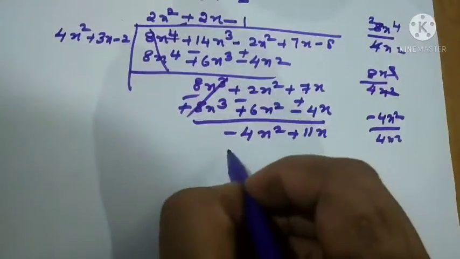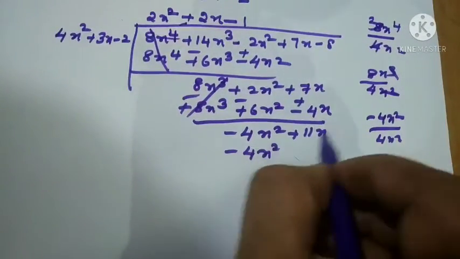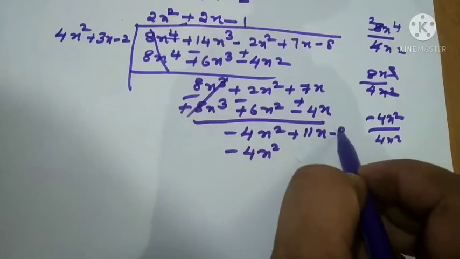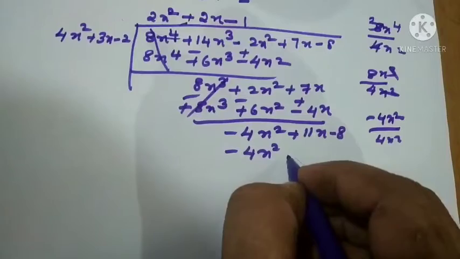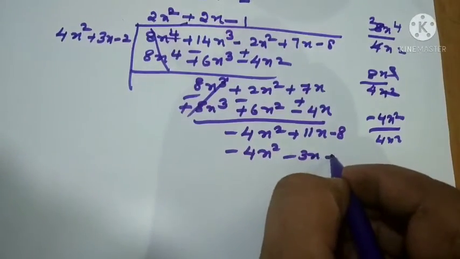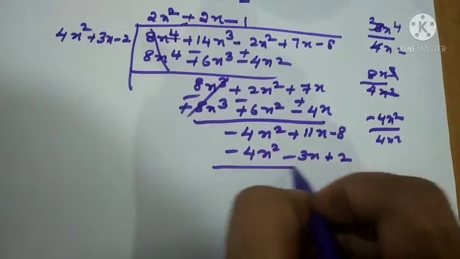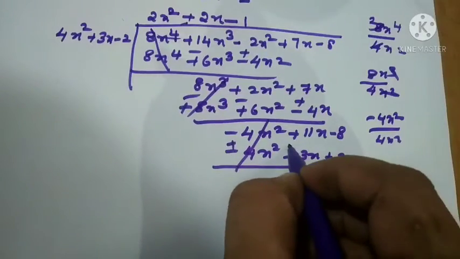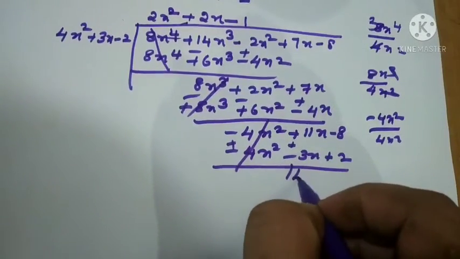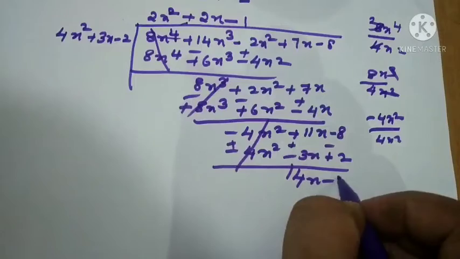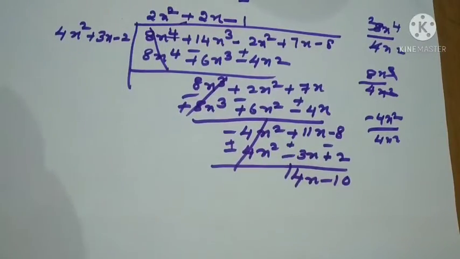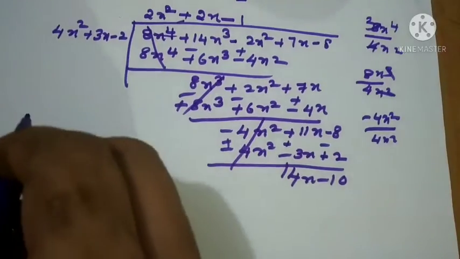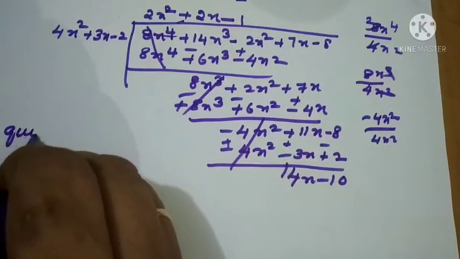So minus 1 minus 4x square. Forgot to take down the next term, minus 8 only. Minus 4x square minus 3x, then plus 2. Plus means it is 14x. Again minus 10. So what is the remainder? We got a remainder equal to 14x minus 10 and the quotient equal to